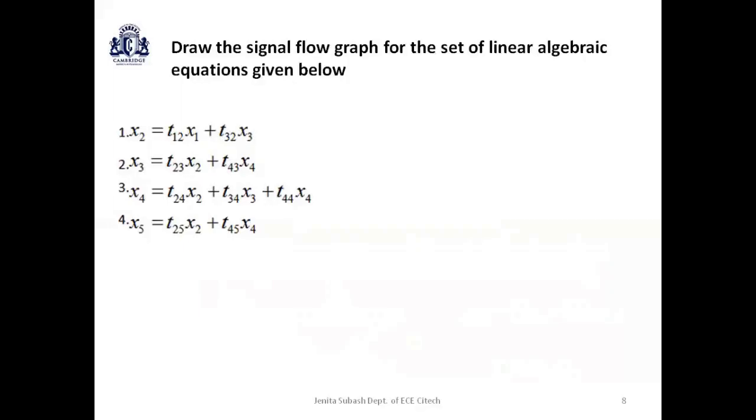It's very clear that we have 5 nodes here, x1, x2, x3, x4 and x5. First, let's represent the 5 nodes x1, x2, x3, x4, x5. Then let us look into equation number 4, in which we have 2 branches moving from node x2 and x4. So from node x2, I have a branch gain of t25 which is reaching node x5, as well